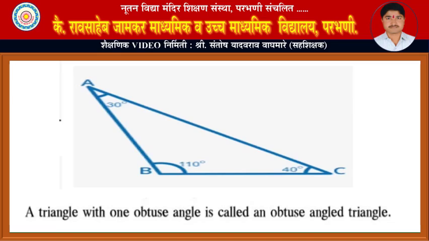So, based on the angles, we learned three types of triangles. Those are acute angled triangle when all three angles are less than 90, right angled triangle when one angle is 90 degrees, and obtuse angled triangle when one angle is more than 90 degrees. Now that we have learned about types of triangles,